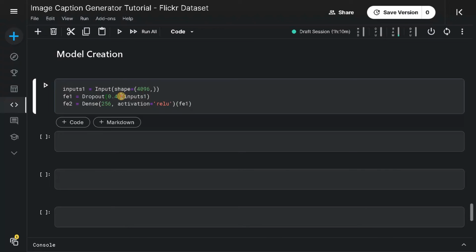So this is the input we are passing, and this is the output we are getting, and again we are passing this as input, and this is the output we are getting. So this is for the encoder model,